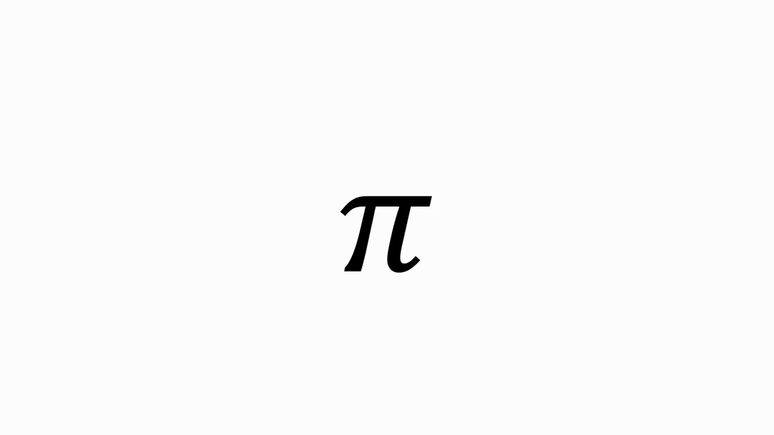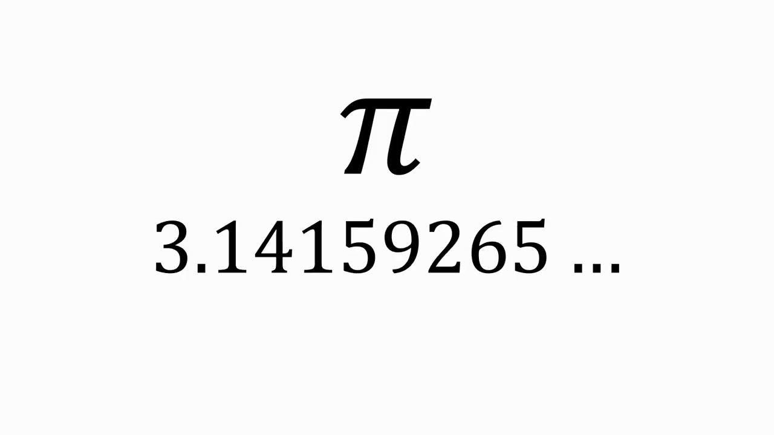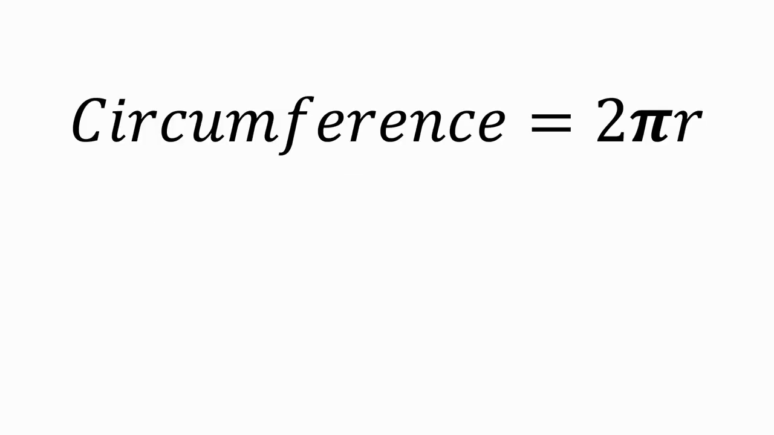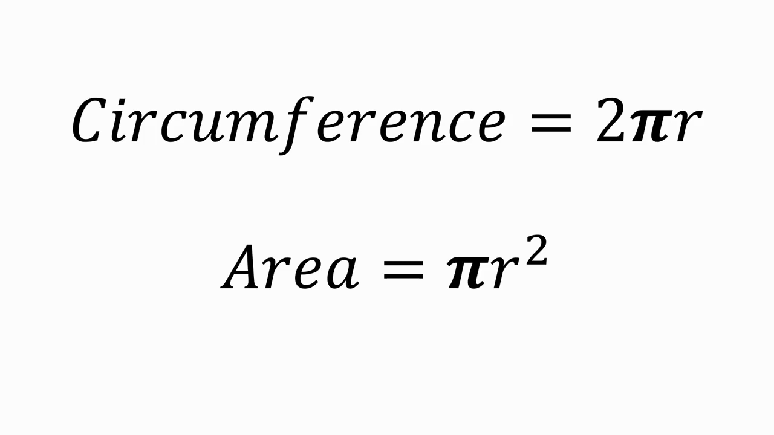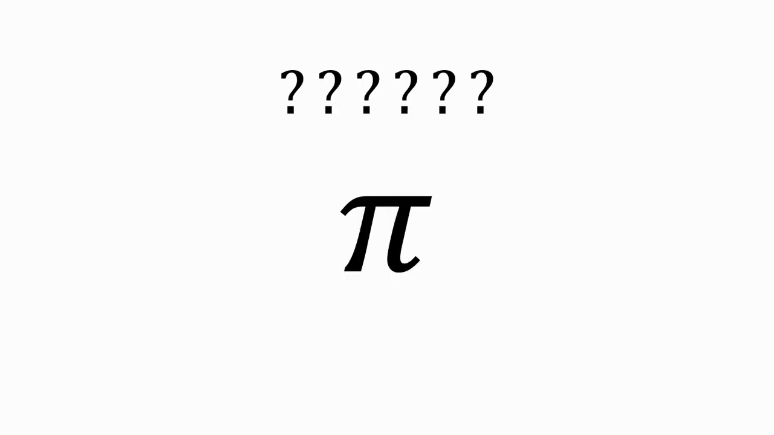Pi. It's such an elusive number. 3.14159265. I never really understood what it meant when I was first learning about it. I mean, it pops up in so many equations about circles, like the circumference and area equations. But why? Why does pi work? Why is it